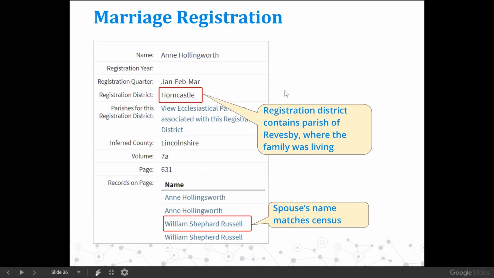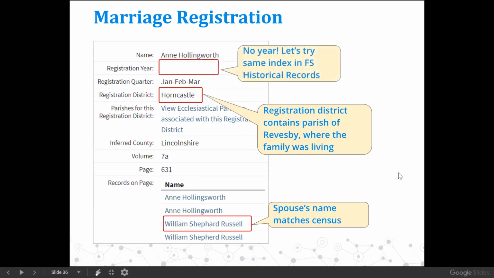But with that background, let me just say that I looked it up and learned that Horncastle is the registration district that contains the parish of Revesby, which was where the family was living in the 1881 census. So that's another thing that is lining up. But look at the year. There's no year. So like I said, I didn't whitewash this or try to make it look good when it